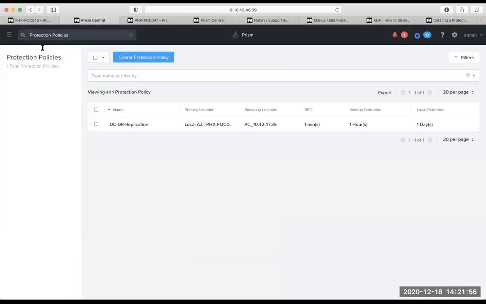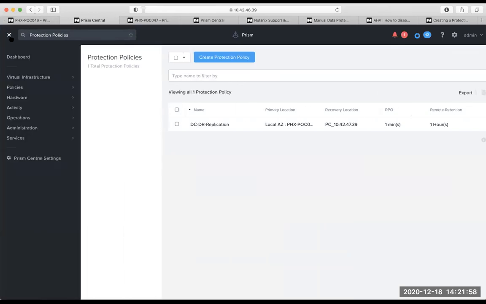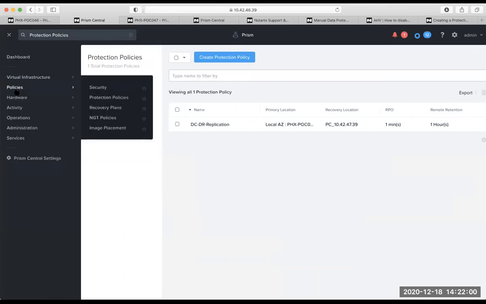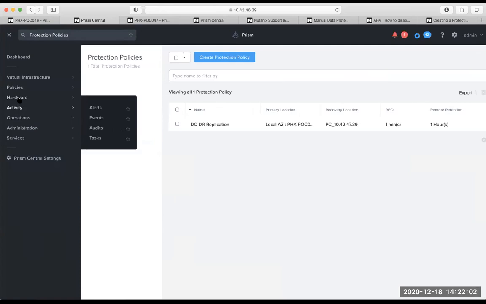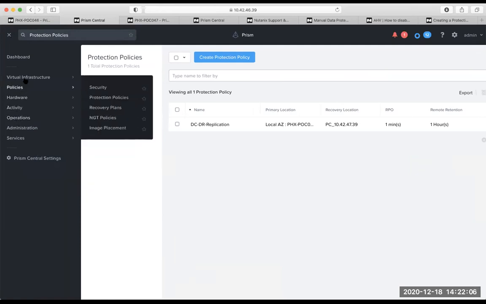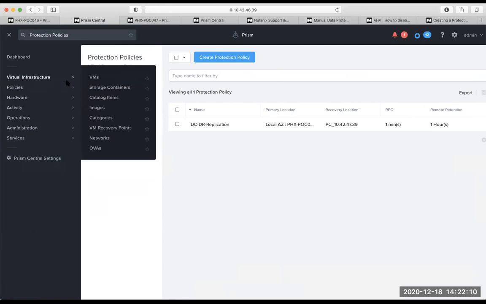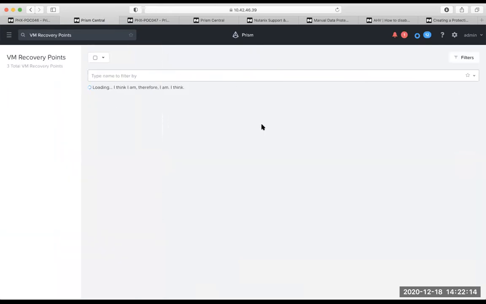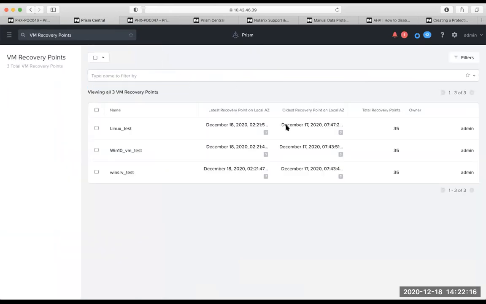And another thing is that I'll just show it here. You have something called recovery point as well. From there you can check at a time. So let me see, VM recover. Now whenever you create a policy like this, you can set recovery points for those specific VMs.